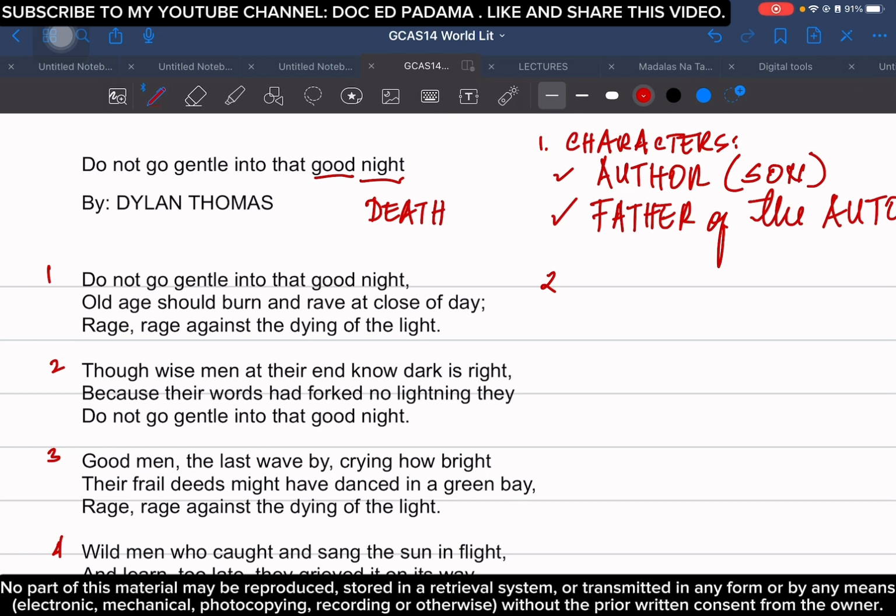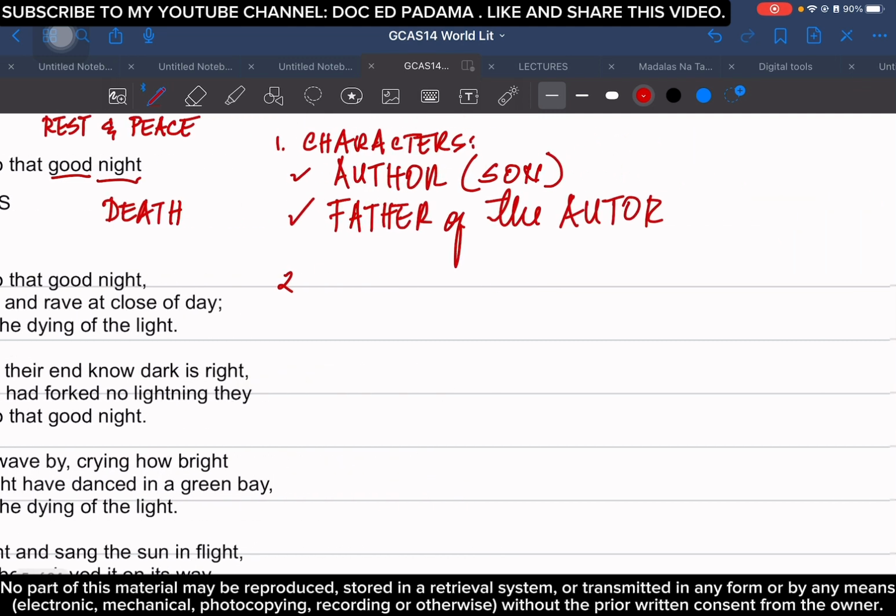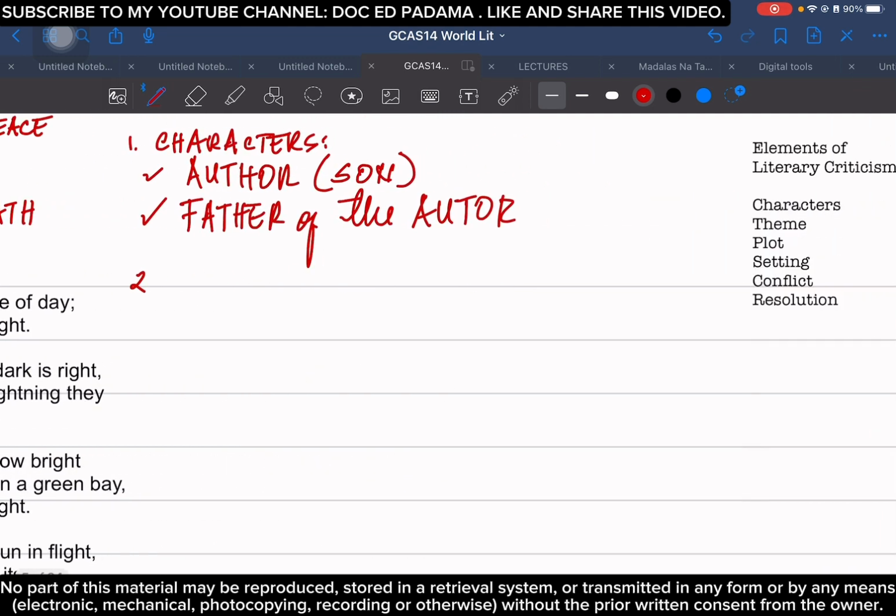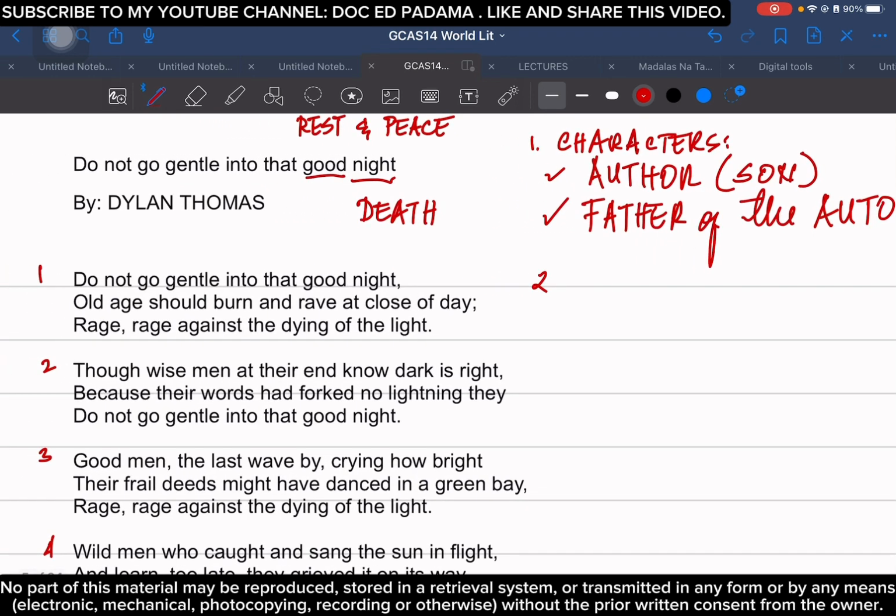In death there is rest. Let's put it here. And there is peace. Okay, and then we are going to put all of this together once we've also already deciphered the other parts of the title, so we can identify the theme of this particular literary piece. The next part of the title that we're going to analyze is on the initial part of the title, okay,